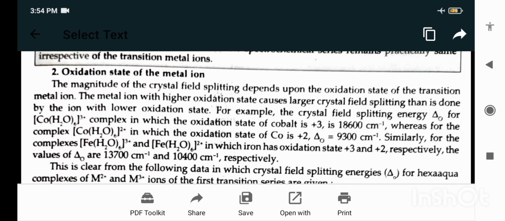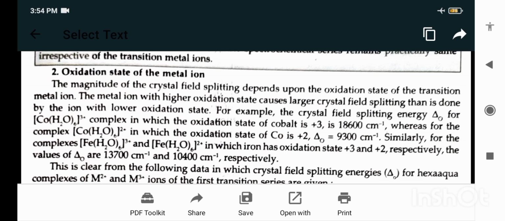The magnitude of the crystal field splitting depends upon the oxidation state of the transition metal ion. The metal ion with the higher oxidation state causes a larger crystal field splitting than is done by the ion with the lower oxidation state. For example, the crystal field splitting energy delta naught for the Co(H2O)6 complex in which the oxidation state of the cobalt is +3, whereas for the complex in which the oxidation state of the cobalt is +2. Similarly, for the complexes in which iron has oxidation state +3 and +2 respectively, the values of delta naught are